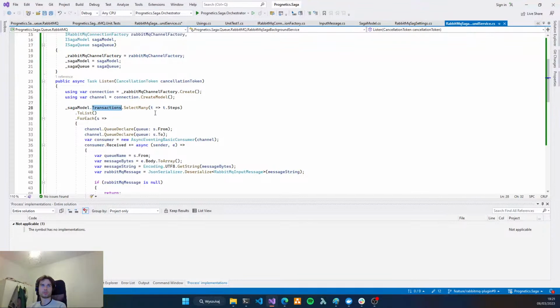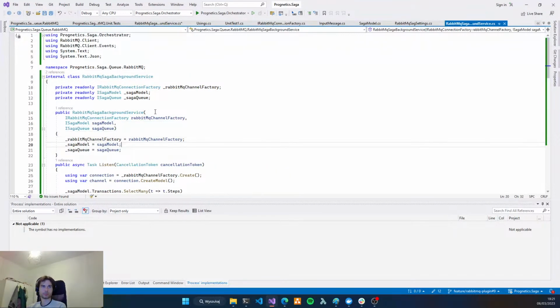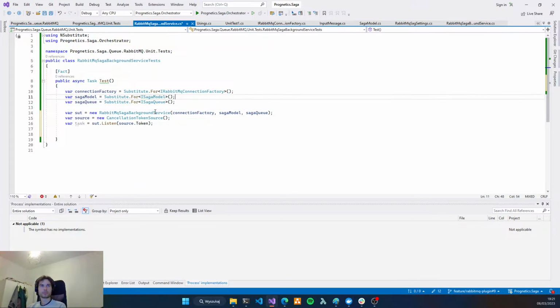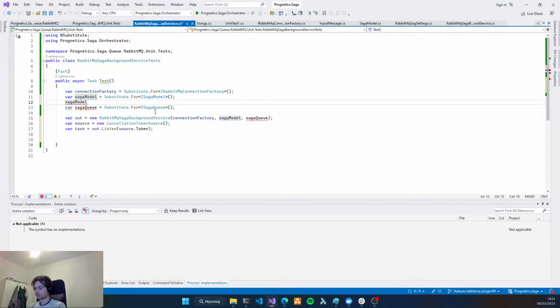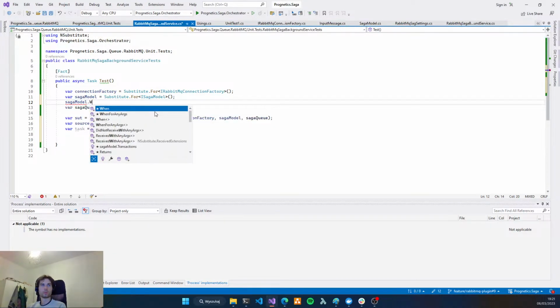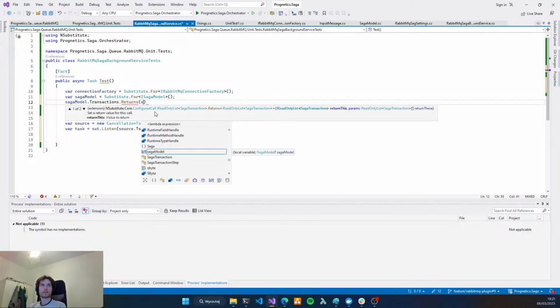So in the SAGA model we want some transactions, so let's create the SAGA model. Okay, it was like return transactions, returns transactions.